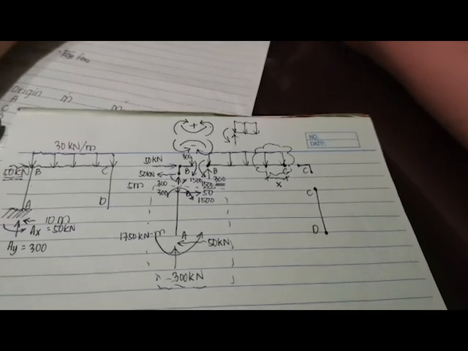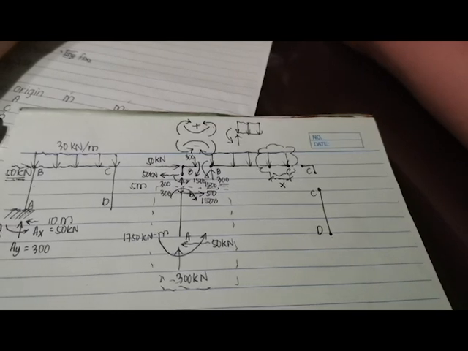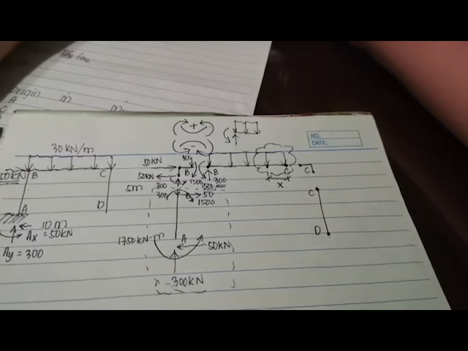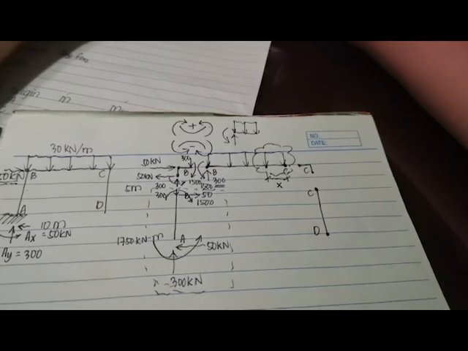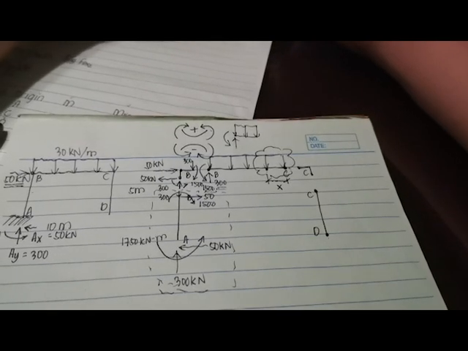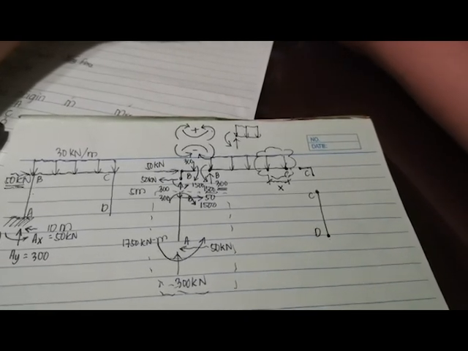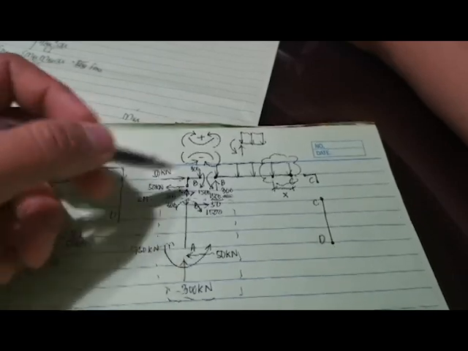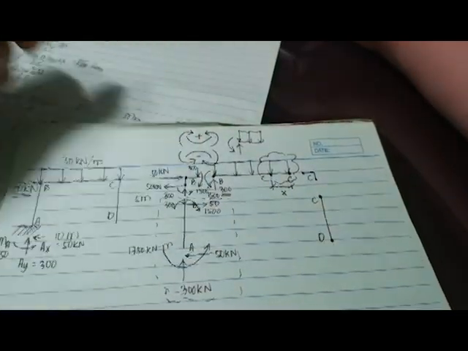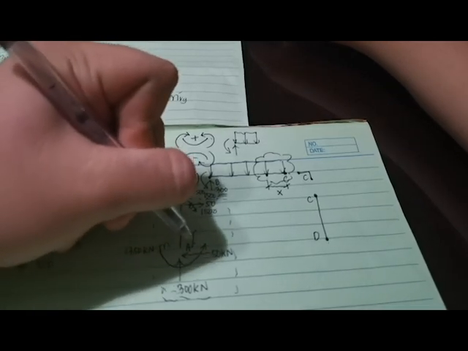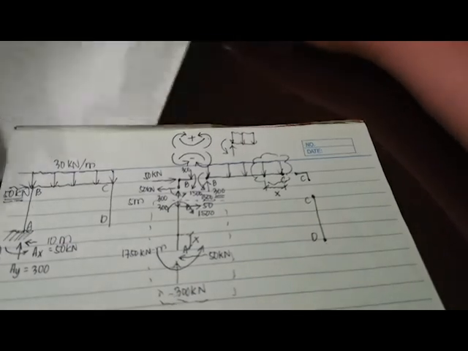Okay, so let's try to repeat that again. Negative 1,750 plus 1,500 plus 50 multiplied by 5 meters, that is equal to 0. So therefore we have an equilibrium here. But for the moment equation, we measure your moment starting from point A going to B. So this is your X. Your moment equation now will become